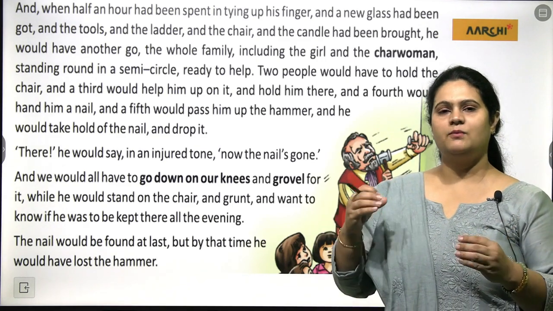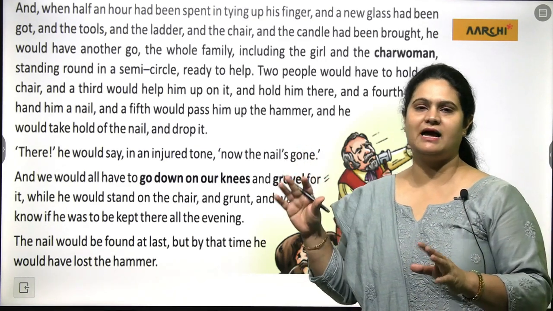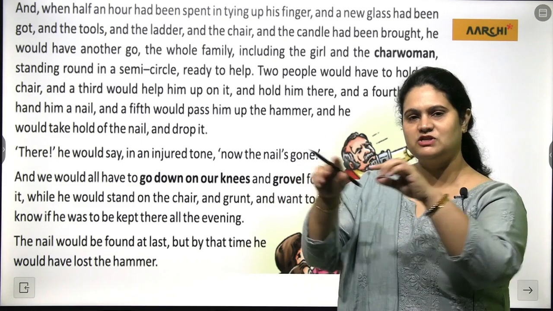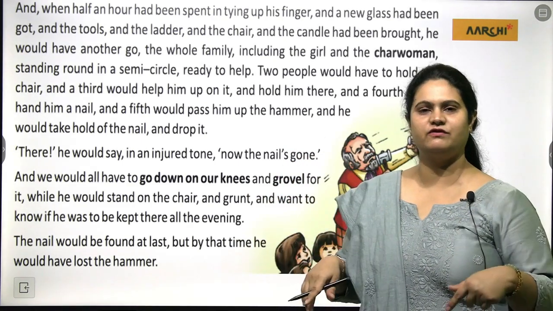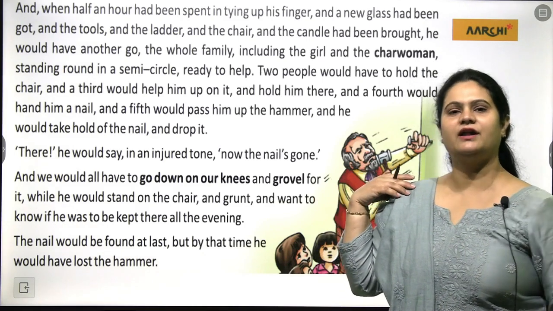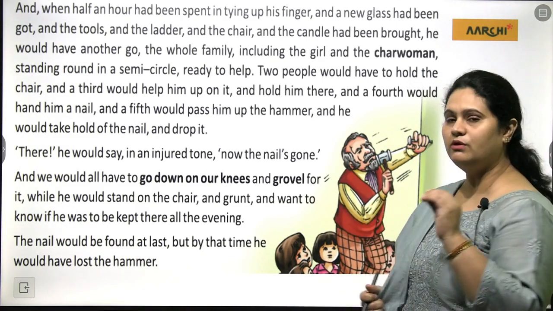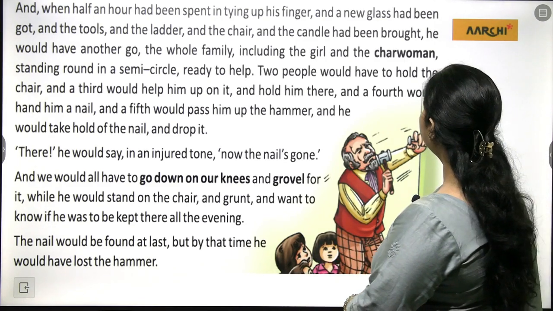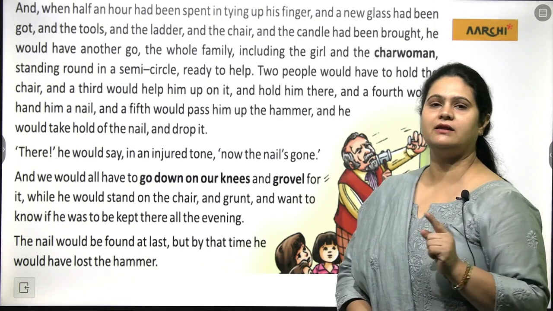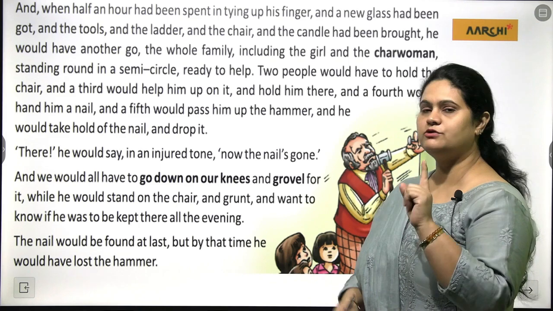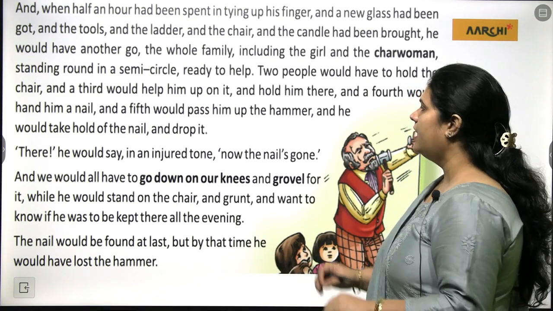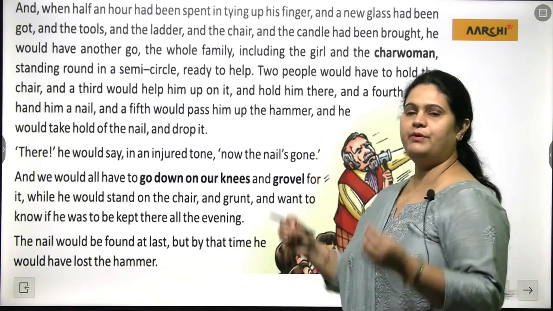Now, Uncle Podger climbed up the step ladder, and now he was ready to put up the picture, and all the other members of the family were gathered around him in a semicircle, all ready to help. Two people would have to hold the chair. He again starts ordering. Two people are going to hold the chair, and a third would help him on it,